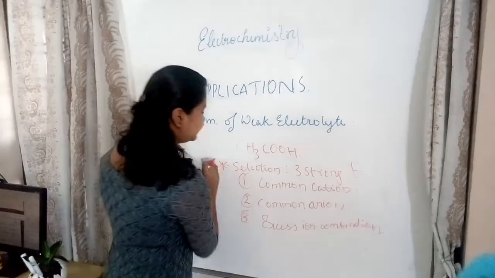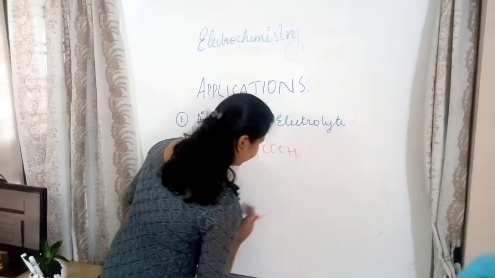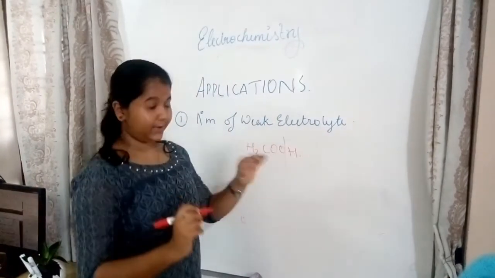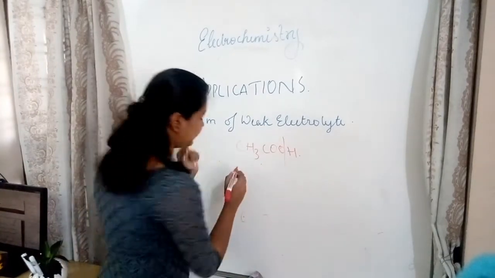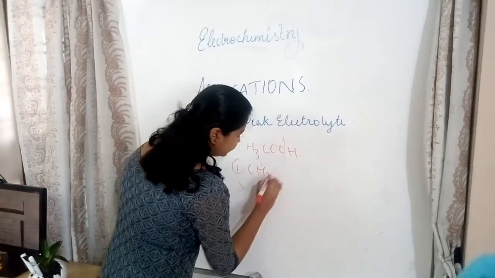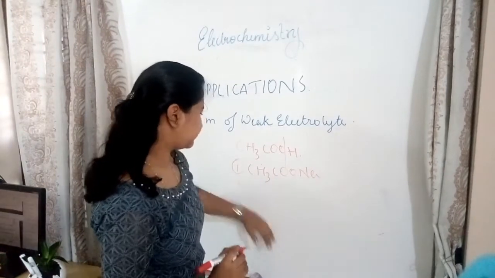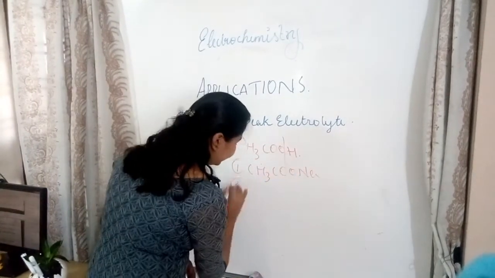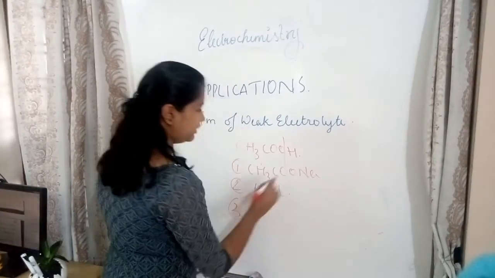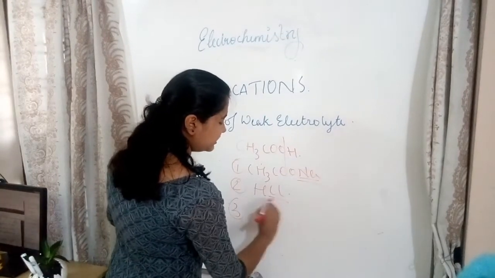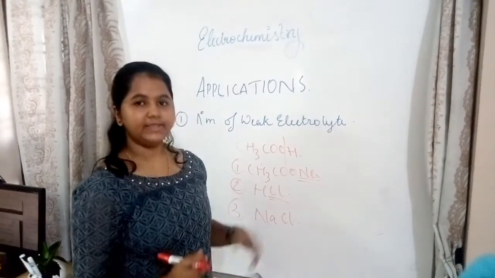So we will write it for CH3COOH. Do you know what the anion of CH3COOH is? That is CH3COO minus. So we will have to find the strong electrolyte with CH3COO. First we will take CH3COONa. The second one is with H, so you can write it as HCl. And then the third one should be the combination of the excess ones. Which ones are in excess over here? This and this. So that is NaCl.